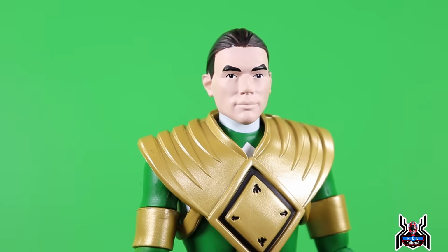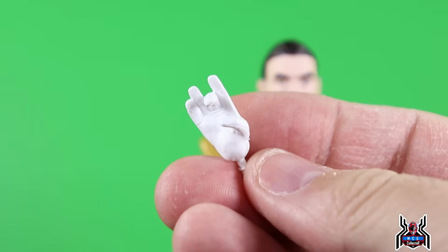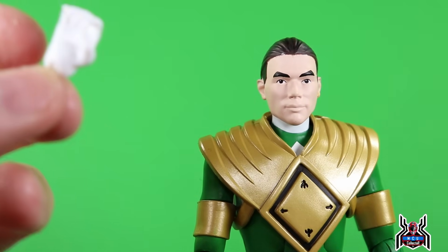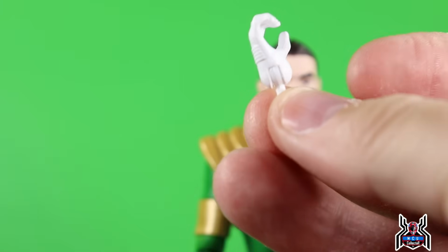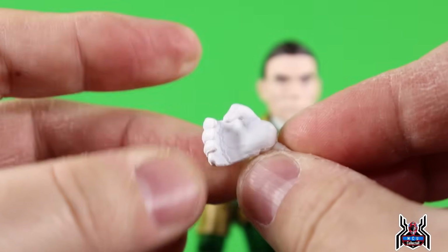And then going back, I forgot to go over the hands. So for the right hands, we get the flute playing hand, we get a sword or the dragon holding hand. We get a couple of different holding hands. I've got to see which ones. These are going to be very specific to what they can hold, as you can see from the shape of the hands. But here, I guess this would be the sword one because we actually get the opposite hinge. So this would be more of a